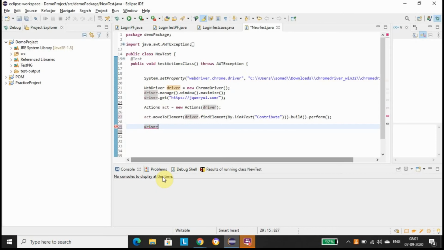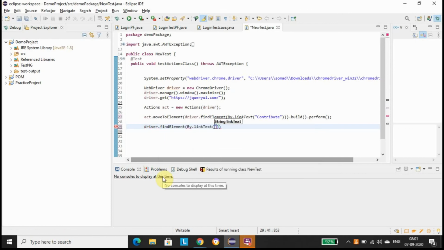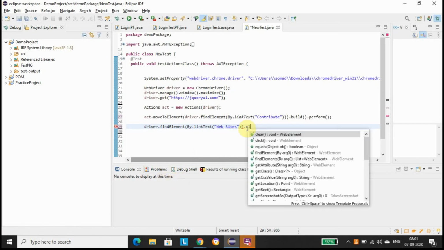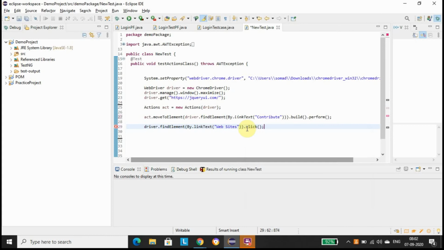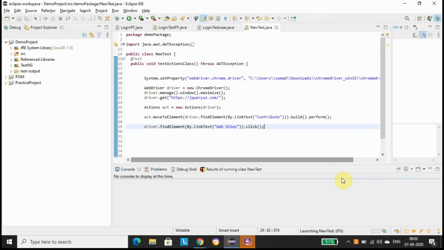Let me copy this, driver.findElement(By.linkText), and let's simply click on this. We will run our code once and see whether we are able to get inside the Contribute menu and click on the submenu Website. Let me right click and run this one.